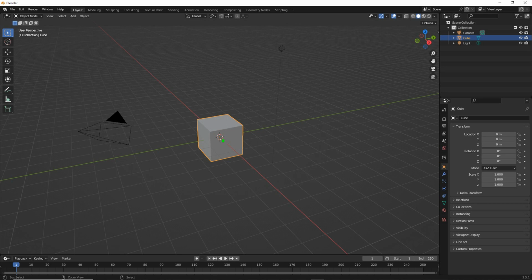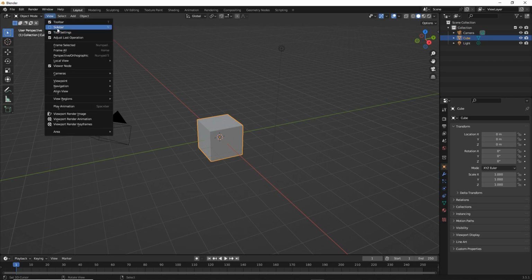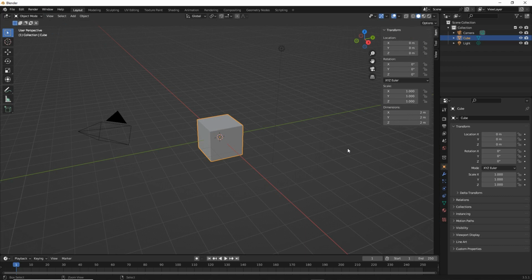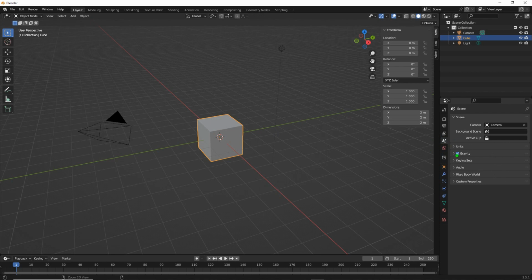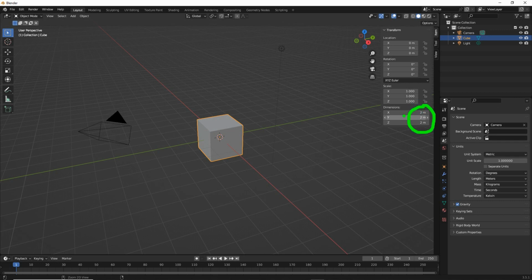So we've got the head. To make this easier, what we can do, view sidebar, just so that we can see the dimensions of our object. So we've got dimensions and scale. So what we're going to do is go into scene properties. I'm going to change the units. So click on that, and if we watch what happens to the dimensions of our cube when we change unit scale,